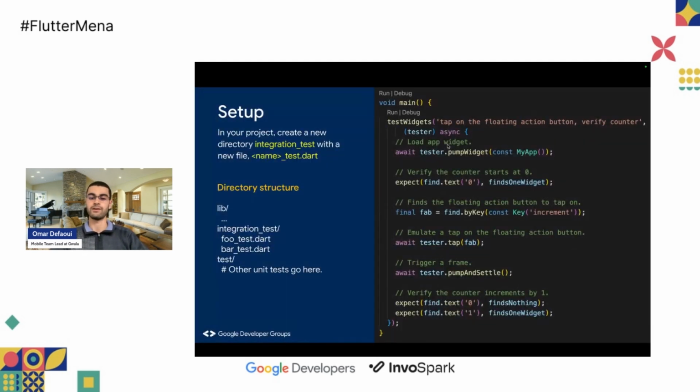So now that we have written our code, we need to run it. There are people that prefer to use the IDE and other people that prefer to use the command line interface. For the VS Code users, they can directly click on run or debug that is available on top of the function or on top of the widget test. And for the IntelliJ users, they will find a play button here before the main and also before the test